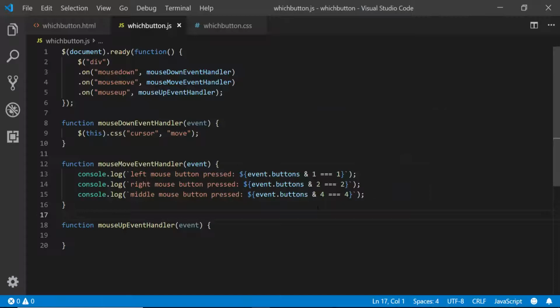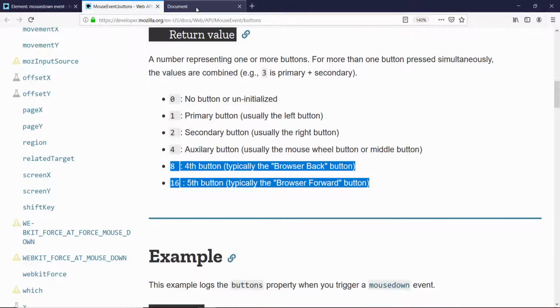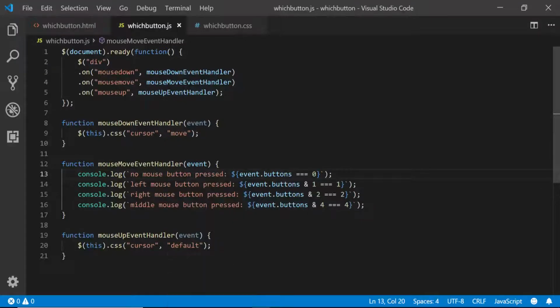So anyway. And when I mouse up, let me change back the cursor to the default cursor. Otherwise, we are misled into believing that a mouse button is still being held. In fact, let me rewrite this condition. I'll say if